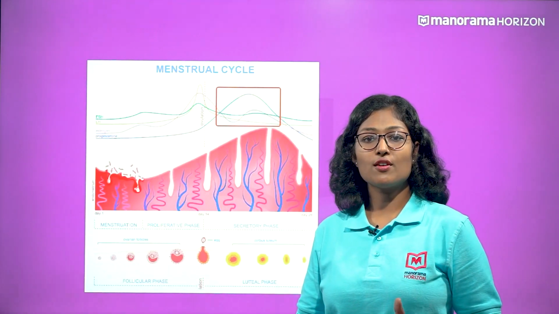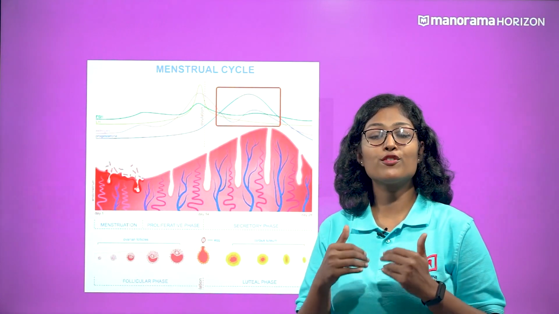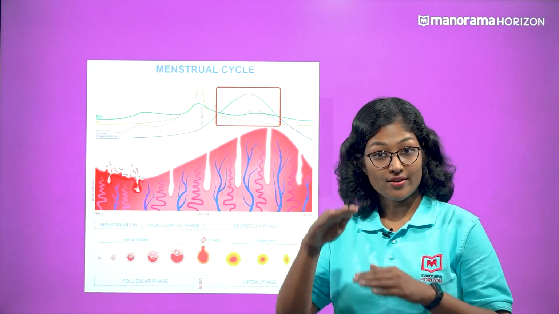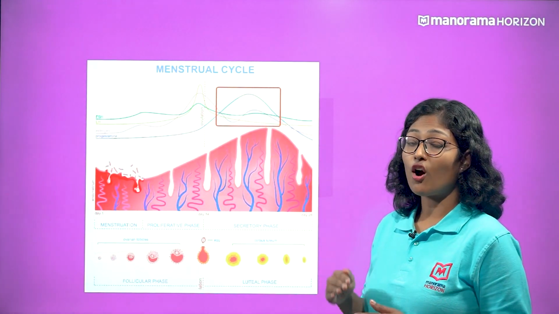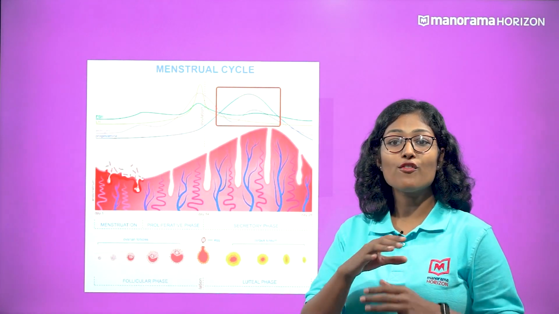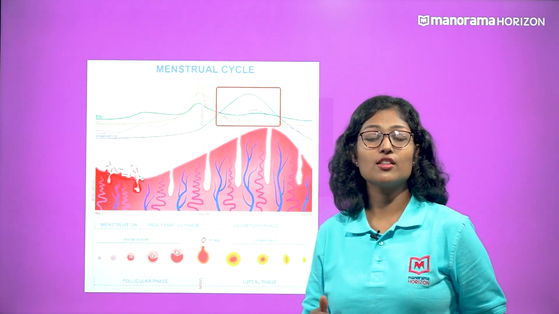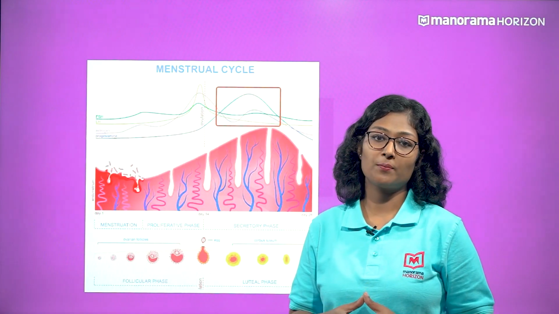In the absence of fertilization, the corpus luteum has a lifespan of 2 weeks, after which its secretory activity reduces and it degenerates. The reduced level of progesterone and estrogens facilitates the release of FSH and LH, which in turn trigger the follicular growth and a new menstrual cycle begins.